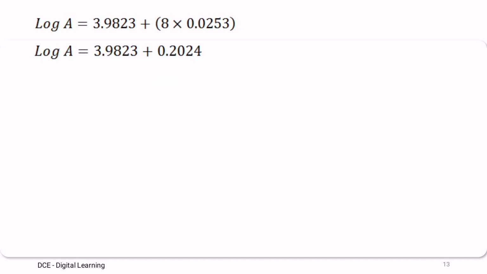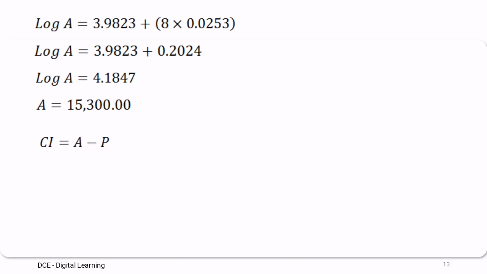So log A equals 3.9823 plus 8 into 0.0253, which is 0.2024. So 3.9823 plus 0.2024 is 4.1847. Now to find A, we have to reconvert the log A value into an antilog value. So antilog of 4.1847 is